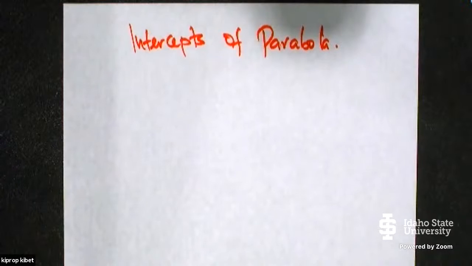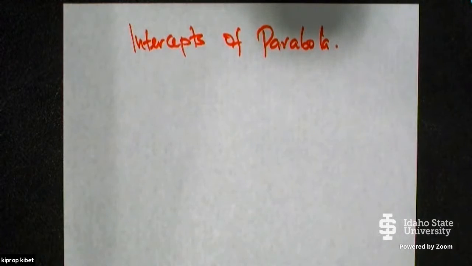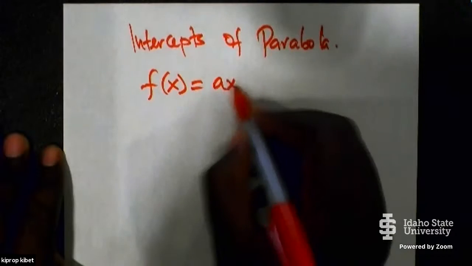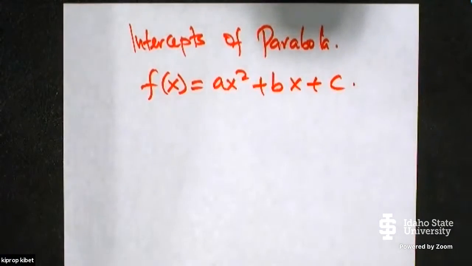Now, to find the intercepts of a parabola whose function is f of x equals ax squared plus bx plus c, we definitely have